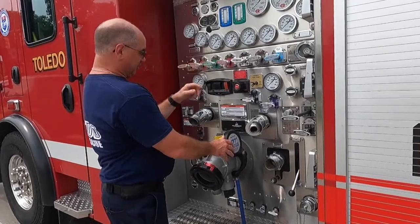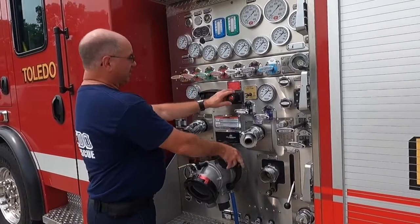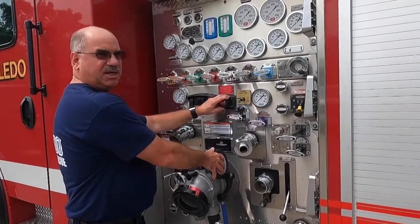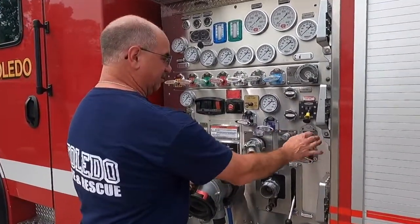I'm watching the gauges. I'm going to slowly open the big way, keep it as steady as possible, and while I'm opening this, I'm going to slowly throttle down so the transition is as smooth as possible, so there's no kickback on the attack lines. And then once that's all the way set, I can close my tank to pump,